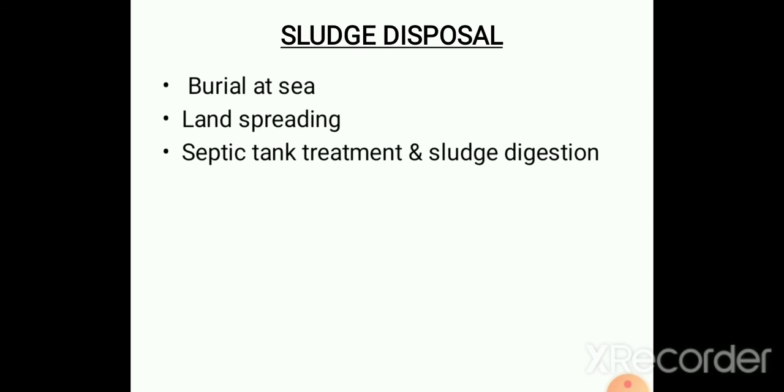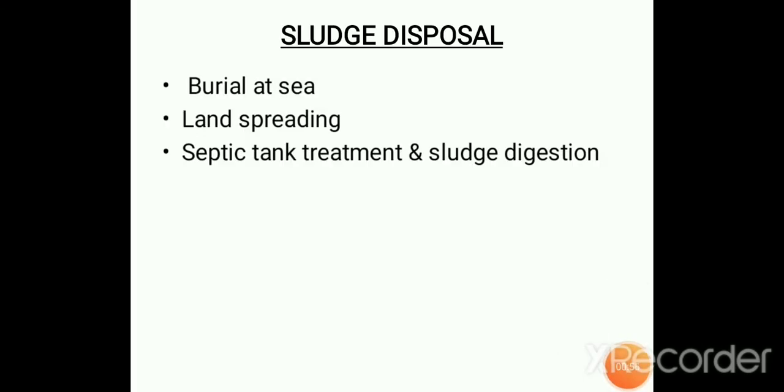In this process, the sludge is kept in a closed tank in the absence of air, that is, we can say anaerobic. Here the sludge is kept in a closed tank in the absence of air for a prolonged period like 30 days, even more than 30 days. So this sludge undergoes anaerobic decomposition in the presence of bacteria, which produces gases like methane. As it is anaerobic decomposition, you can observe the release of some harmful gases like methane, H2S, hydrogen sulfide gas, even phosphine, and some other gases also released.